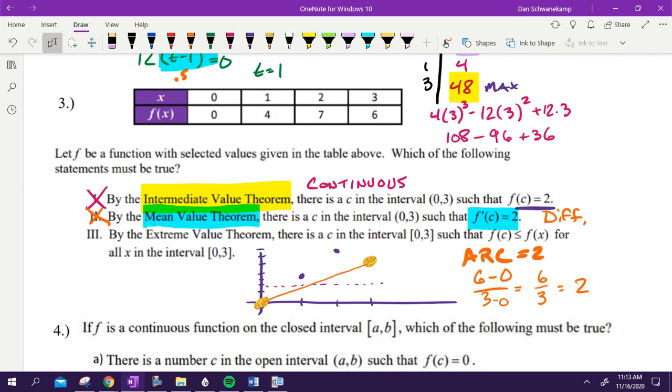Number 3 says by extreme value theorem, there has to be a C such that, okay, so we're doing intermediate or extreme value theorem. That says closed, continuous, you got maxes and mins. Such that there's a y value that is less than or equal to every other y value. So what is that saying? If there's some y value that's less than every other y value, what is that telling you? There's a minimum. Is there going to be a minimum in between 0 and 3? Yeah, maybe, but